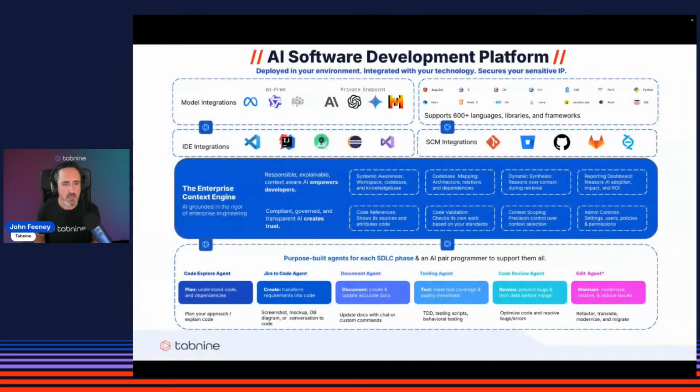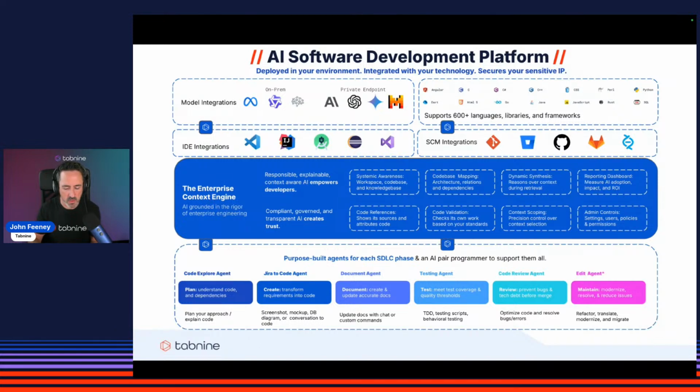So, first of all, Tabnine is an AI software development platform. We've been around longer than most, and as part of this platform, you can see in this diagram many of the things that I've already touched on. So we provide support for all of the various models out there, both proprietary models and open models. We support all of the various languages and frameworks out there. We support more IDEs than anybody else.